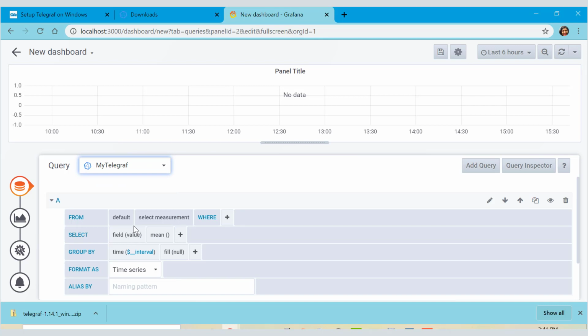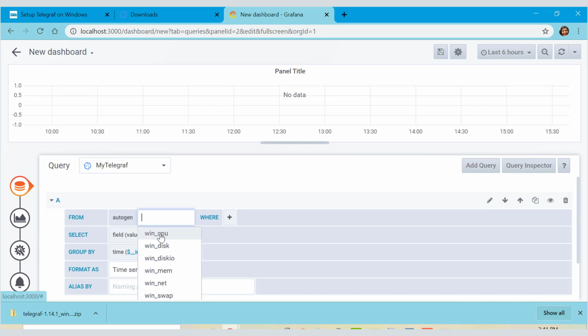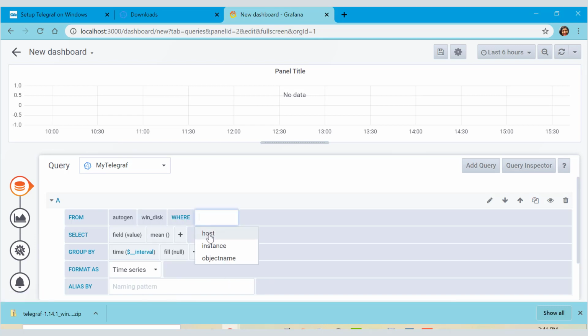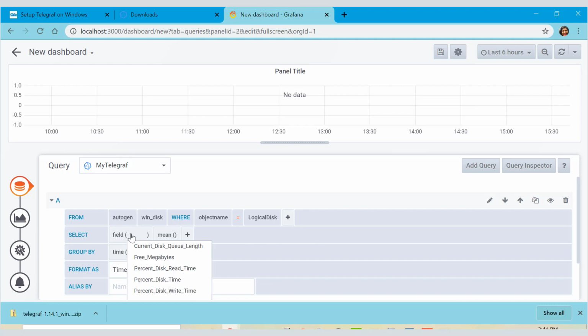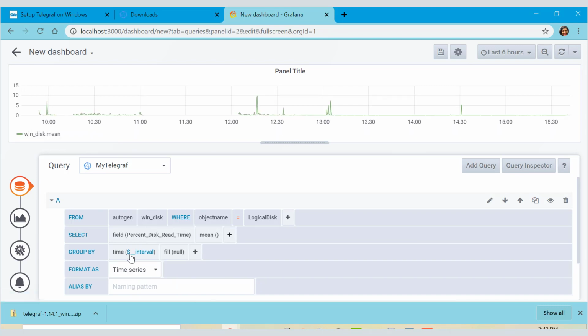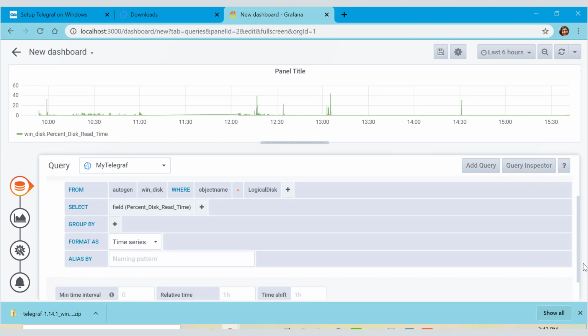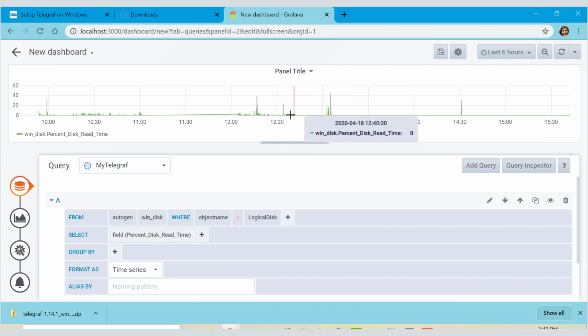My database was telegraf, and here I'll select the measurement, for example win_disk, and let me see what options it has: host, object name, tag value, logical disk. Then I'll select value, percentage disk time. Then I'll remove the default for now, grouping by time, and that's it. As you can see, I can view data over here.